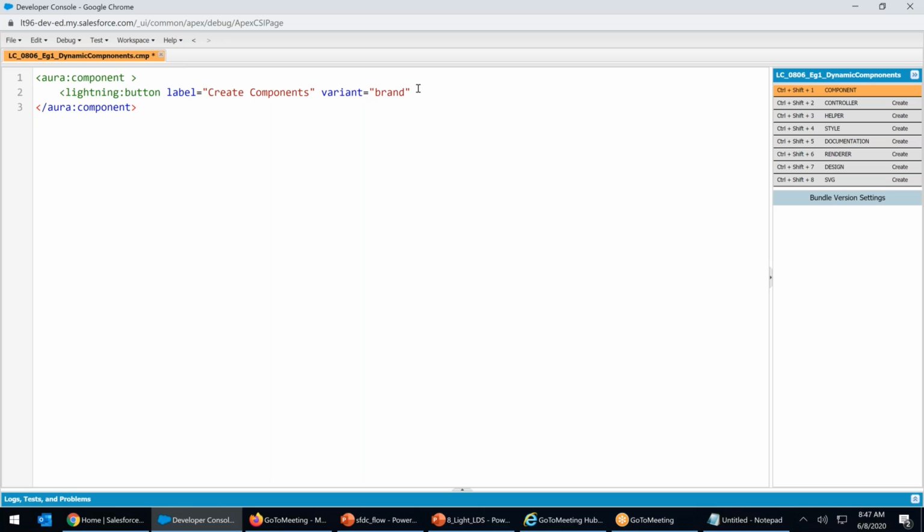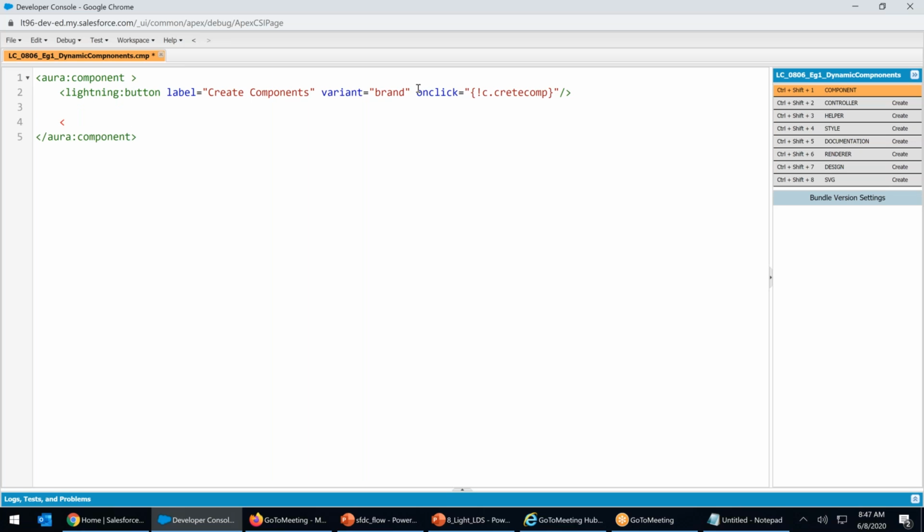Right, variant equals brand. On click, that's where I will write the function. onclick equals {!c.createComp}. Some name I'm giving. Now, where do you want the component to be created?